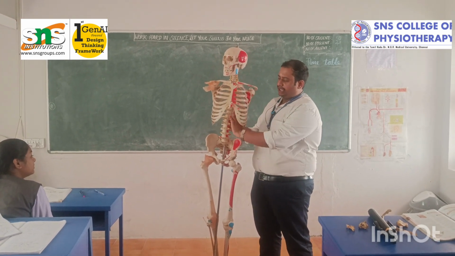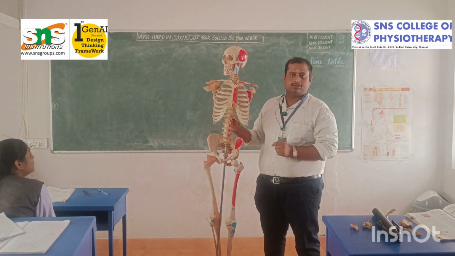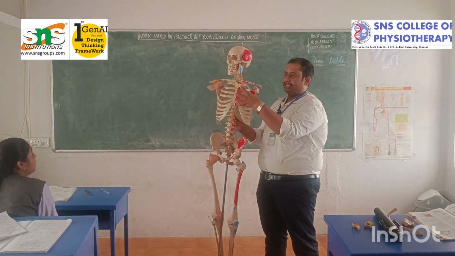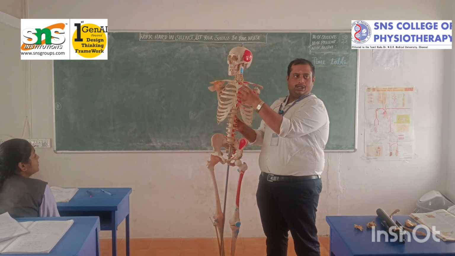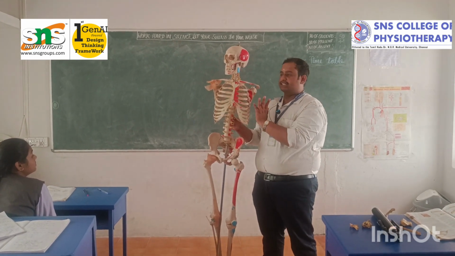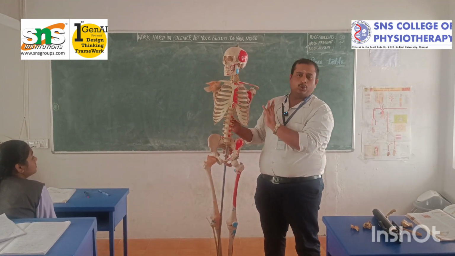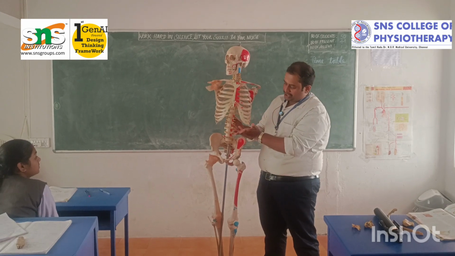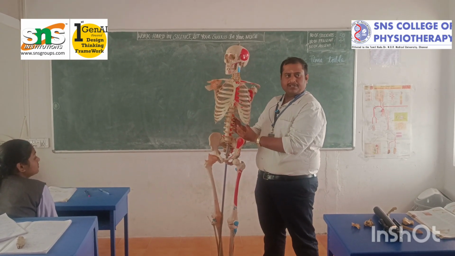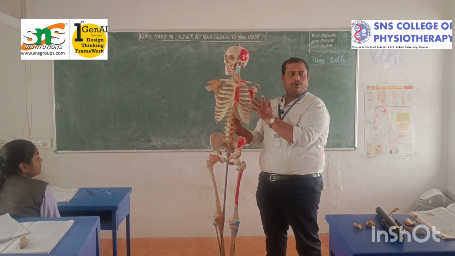What is the inner surface of the thoracic cage? What are the organs present here? The lungs and the heart. The heart is on the safer side. It won't pierce the heart. But in most cases, it will pierce the lungs and the pleura. Then it may pierce the internal organs present over here, maybe the spleen, kidney or liver. But most probably it will